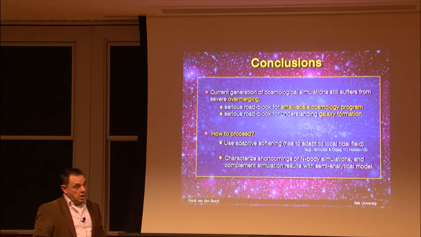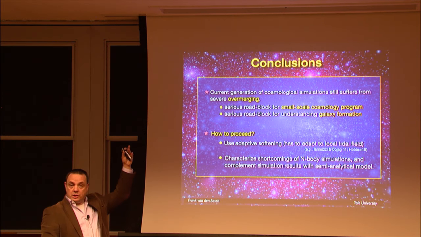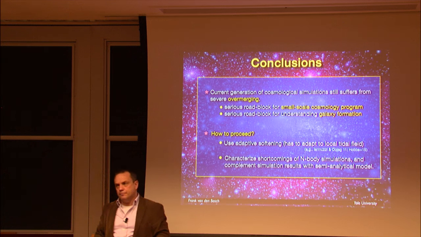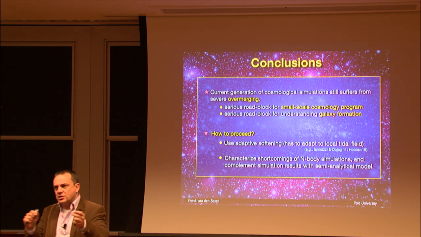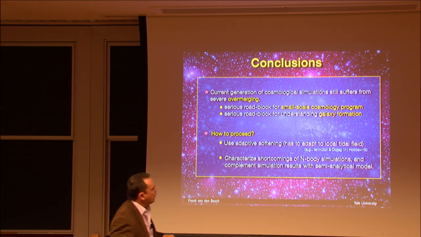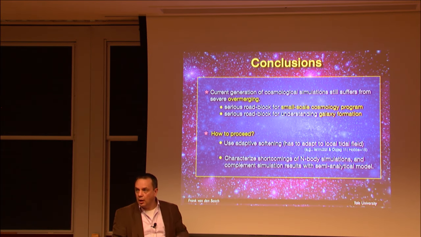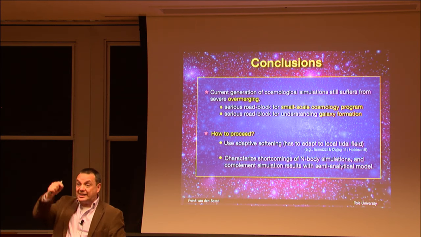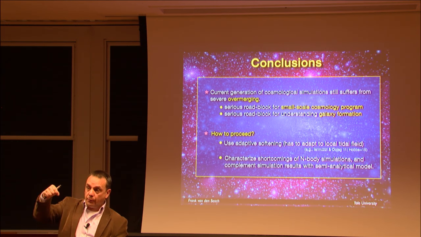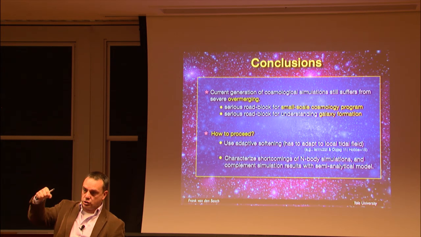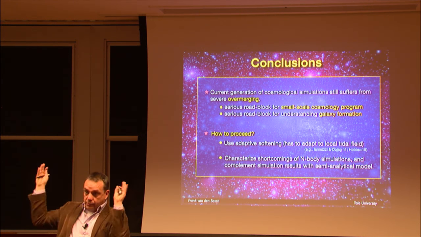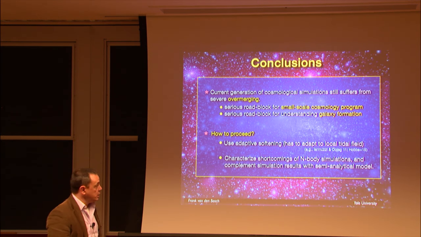So how do we proceed? Ideally, you just go to larger N simulations, wait for Moore's law to continue, and at some point we'll get there. But then you need to use an adaptive softening. That's tricky in itself, because it has a tendency to break the symplecticity of your integrator. But people have found ways around that. There's some very nice work where people have used adaptive softening, adaptive to the local density, a local parameter. That's quite easy to implement in a simulation. But what we need here is softening adaptive to the tidal field over the subhalo. That's no longer a perfectly local variable. The computational cost will be enormous to do that properly.